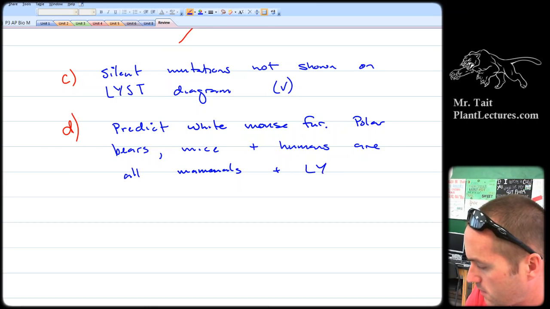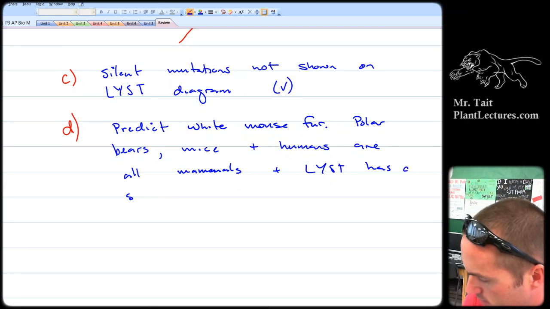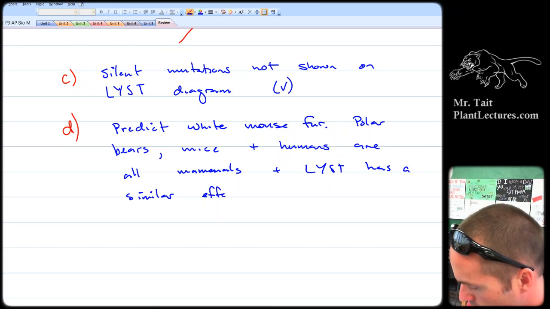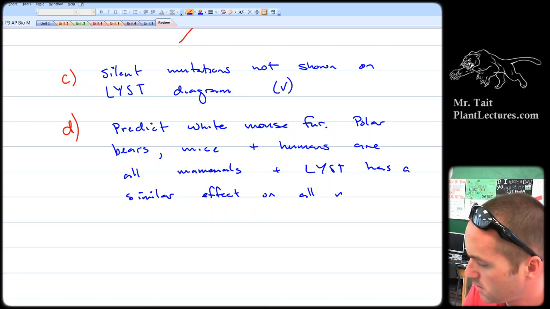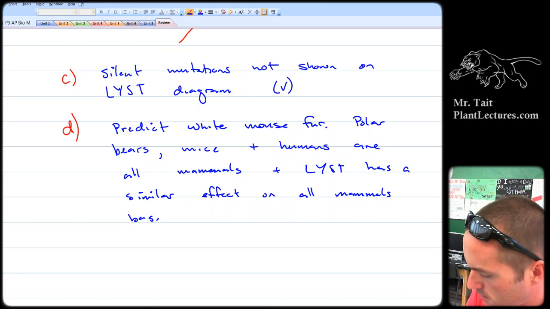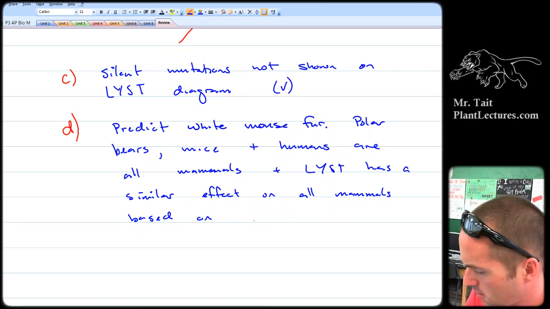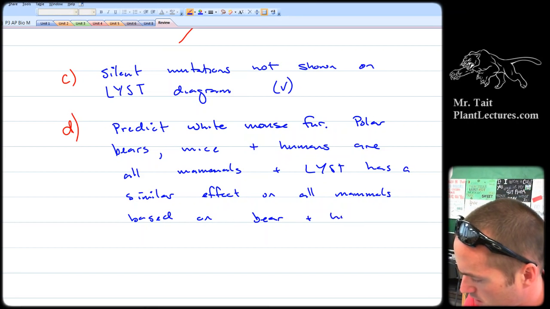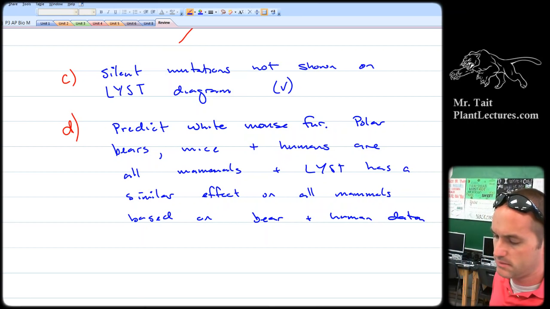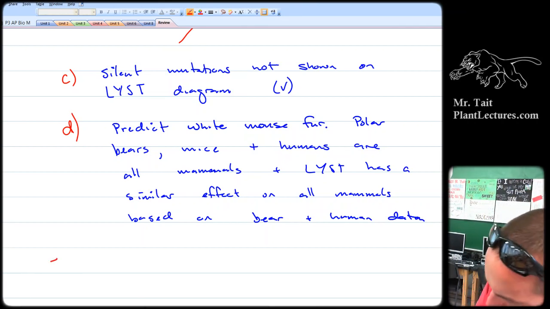And list has a similar effect on all mammals, based on bear and human data. Something like that. Then E